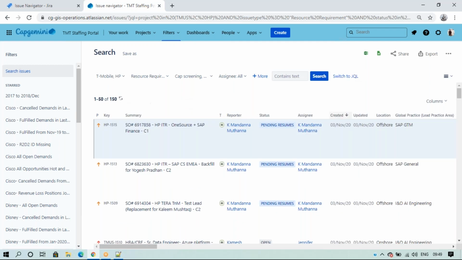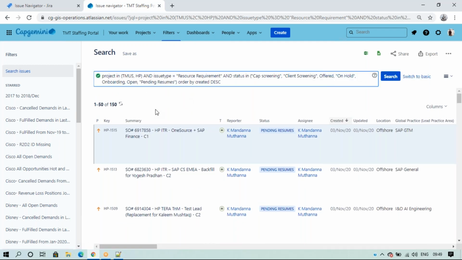Okay, so in total I have 150 tickets. So these are the T-Mobile and HP project open issues.